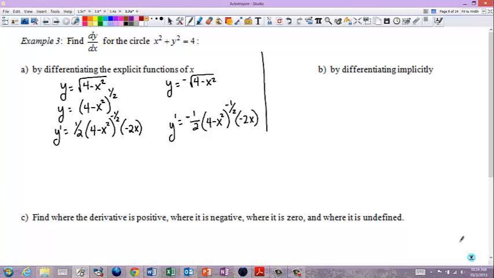Now, by differentiating implicitly, here we go. This is where the meat of